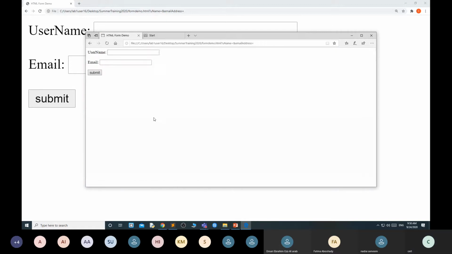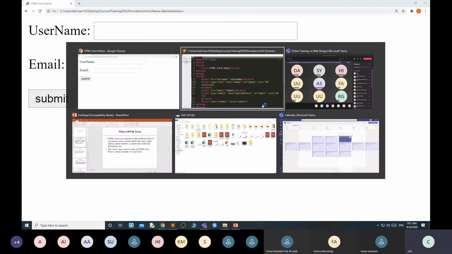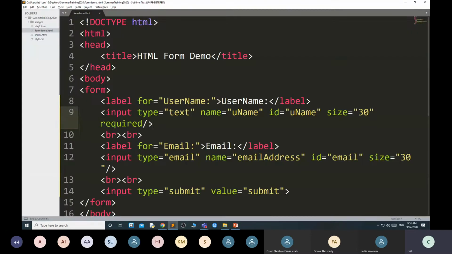See here. Now when I click, see, here the error message is different. Here it is showing the red border. Okay. Means this is the client side validation which is different on different browsers, because this is browser specific validation. This browser has some error message which is displayed based on your input. Okay. And to get that validation, simply we are using the keyword required.